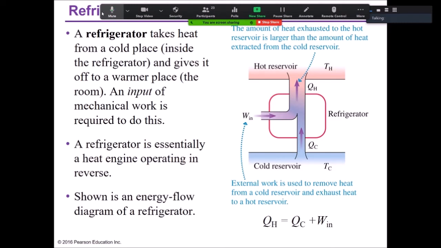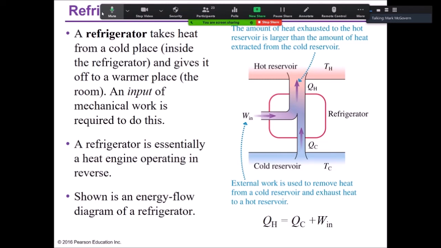In fact, this can happen spontaneously, but the issue is for something like a basic refrigerator, this is not usually a very efficient thing unless you are controlling this in some way. So we're looking at a heat engine basically in reverse here. And so our relationships are a little bit different. Okay, so you do need to be mindful of whether you're talking about a heat engine or a refrigerator. Now, when I say refrigerator, I don't literally mean the refrigerator in your house. I mean a process by which energy is taken from a cold reservoir, work is done, and it's discarded to a hot reservoir.